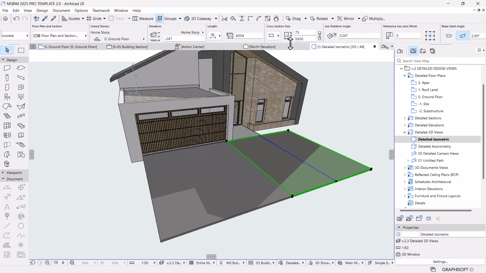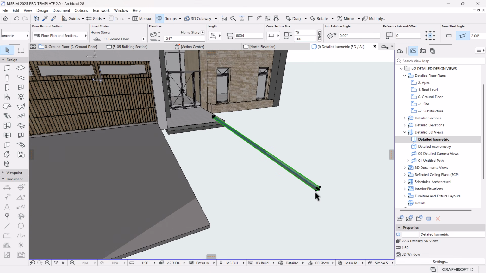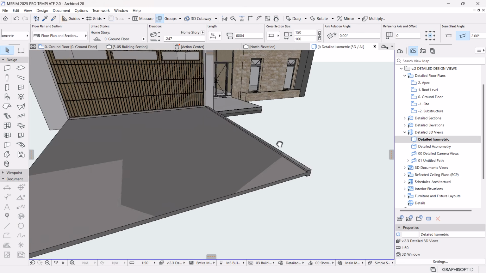Then copy this to the side, set your upstand beam size, which is 100, and then bring it down there, make the height 150, like that,